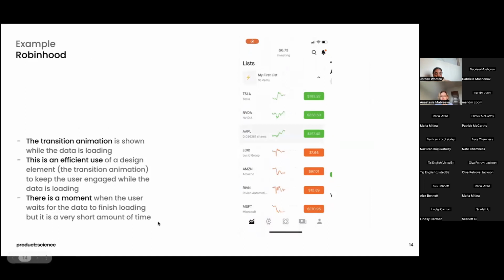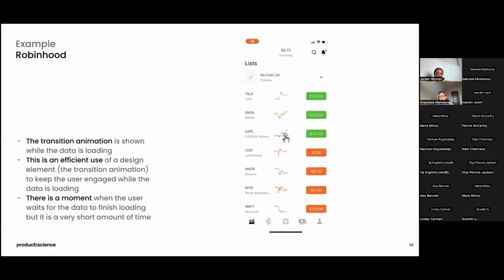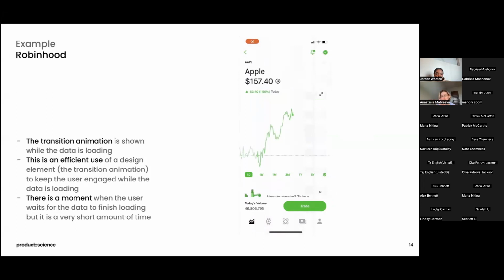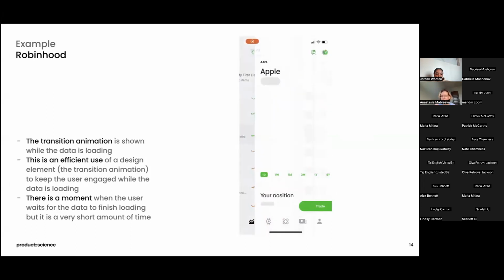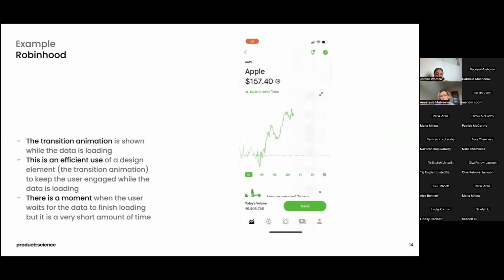So let's first dive deeper into the example of Robinhood and see how the loading happens here. What you see on the UI is that a user clicks on a company. Then there is a transition animation of the page sliding. And then almost instantly, the data about the page appears on the screen. Now, you still see a white screen for a bit, but the length of time you see this white screen would not be enough to fetch all the stock prices that would then be shown on the